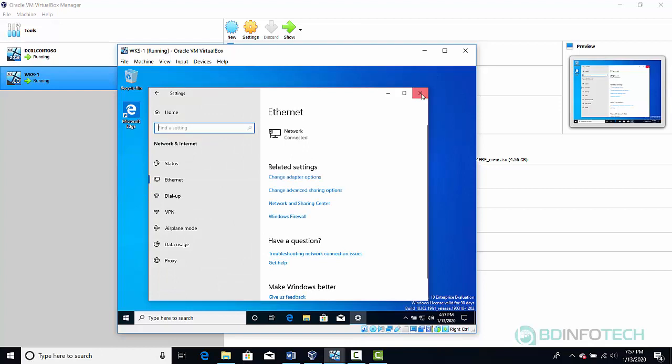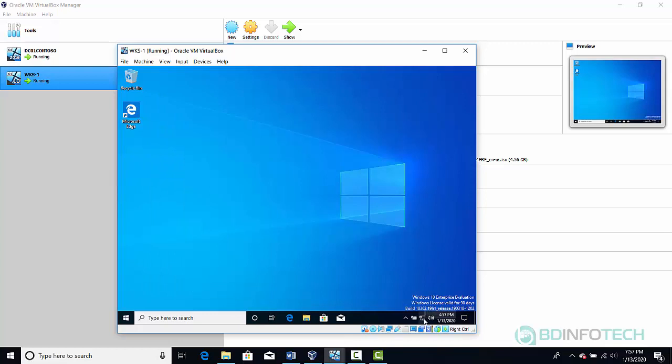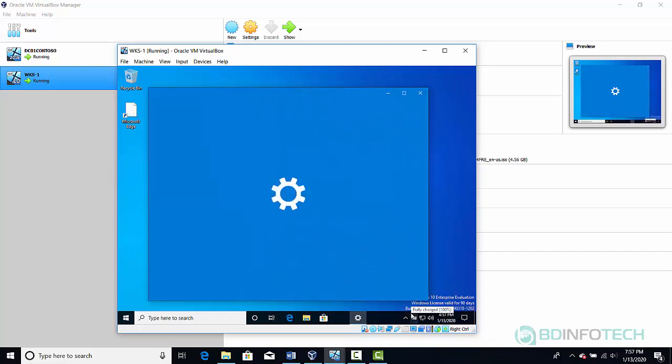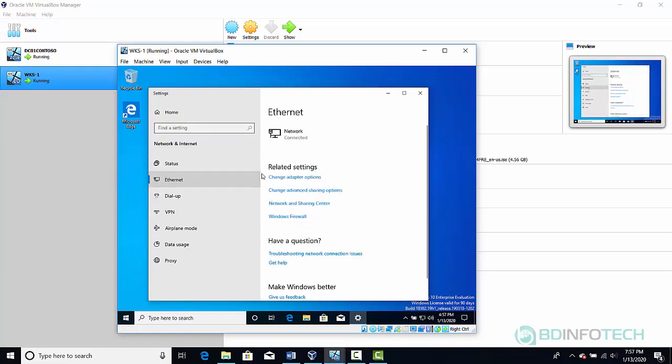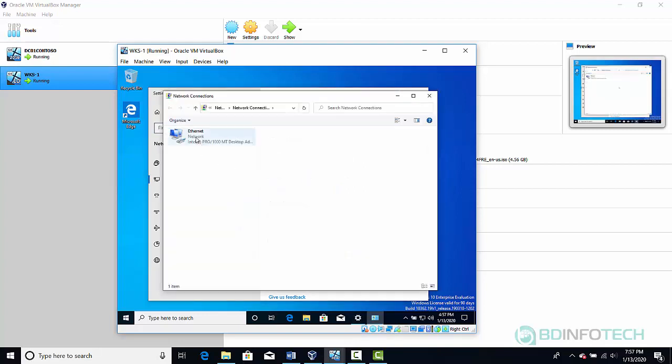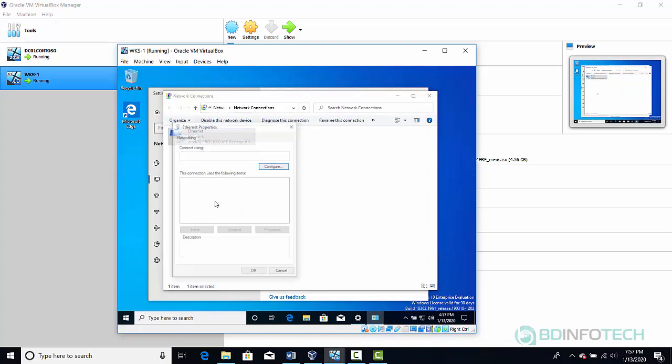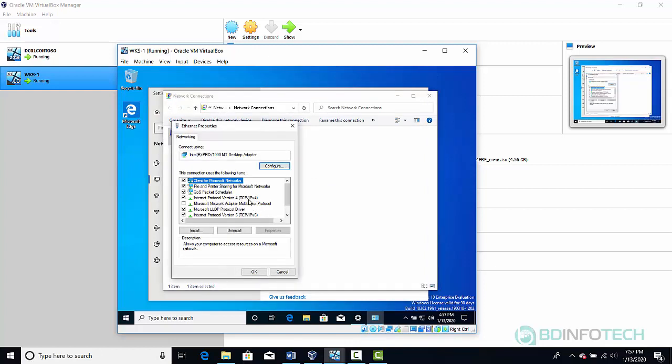Again, we can go back and see what we had, why did it pop out a different kind of screen. So we'll right click onto the Ethernet and then open network and internet settings, and then click Ethernet, and then click change adapter options, and then we'll have to right click onto the Ethernet and go to properties, and there you go. So we have got the TCP IPv4,